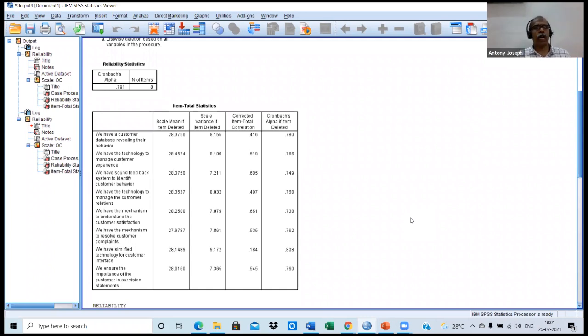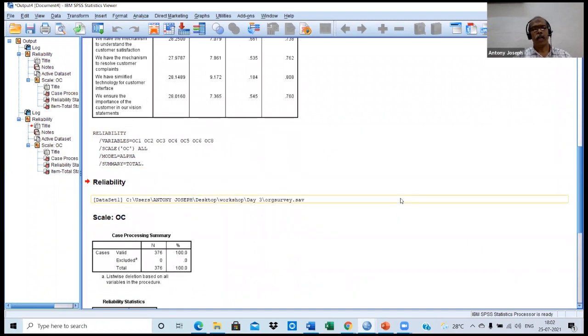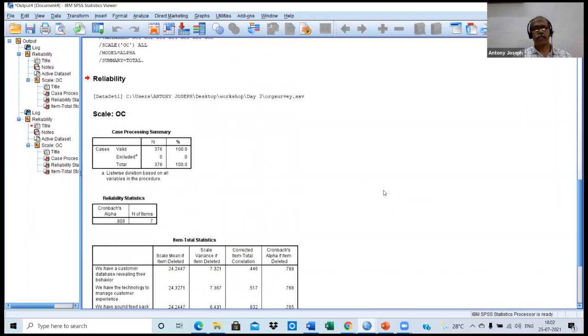Against the first statement, you have given strongly agree, that is 5. This 5 and the total score are to be correlated. Then in case of the next statement, 4 and 22 will be correlated. Such correlation is calculated by the system itself. Hundreds of calculations are done within a fraction of a second by the system software itself, and such a figure is given to you. The minimum is 0.3. Okay, this is very important.